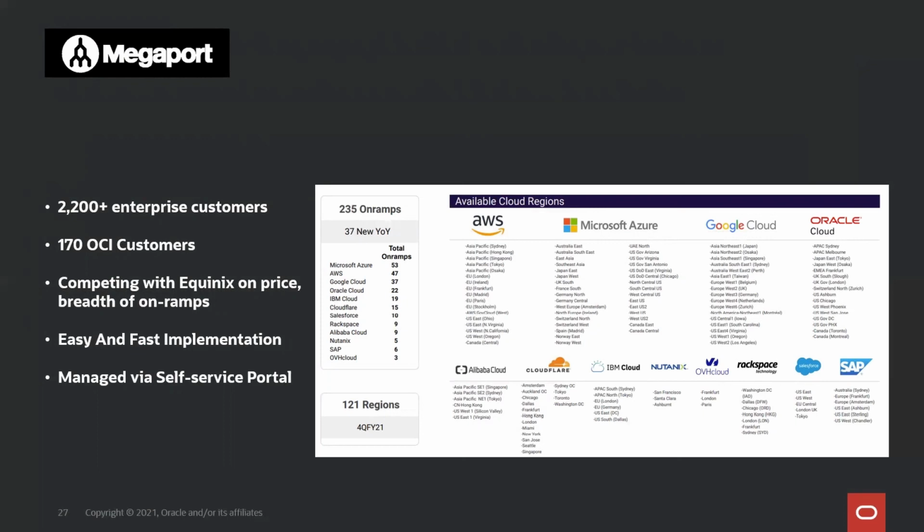They're going into the data center providers, enabling those data center providers to access the OCI cloud, becoming Megaport enabled. And very simply, once you become a Megaport customer, you can go into their console and very quickly set up these connections between different CSPs. Highly recommend that you take a look at both Megaport and Equinix, as well as evaluate the OCI to Azure Interconnect.